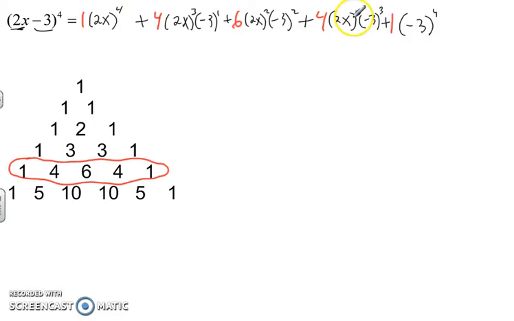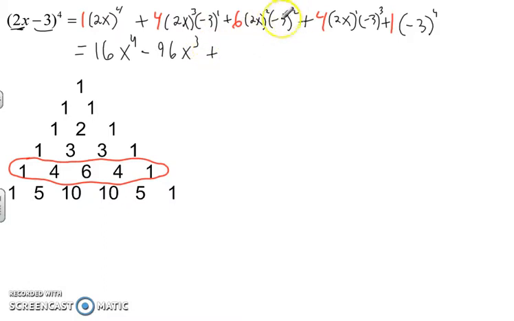So now we're just going to simplify these terms. Right now there's a plus sign, but I have a feeling some of this is going to work out. So 2 to the fourth, 2 times 2 times 2 times 2 is 16. 16 times 1, this would just be 16x to the fourth. This is a negative 3 times 2 to the third, so times 8. So negative 3 times 8 is negative 24. Wow, this is getting tough to do in my head. Let's see, 8 times negative 3 is negative 24. Negative 48, negative 96. So minus 96x to the third,